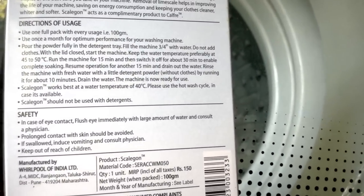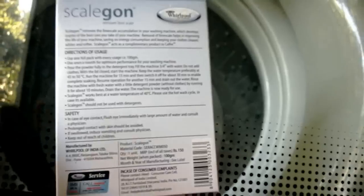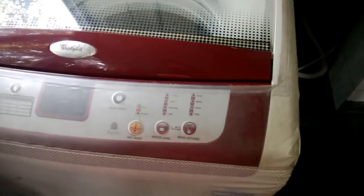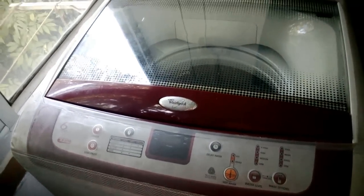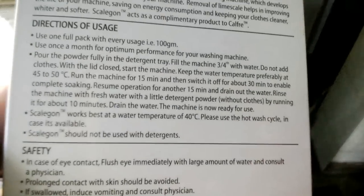Someone is talking in the background, never mind that. Oh, somebody is talking from there. I am cleaning this, I have to clean the machine. Oh, okay. Yes, someone has come to know that I am making a video. You see, I can't control the spectators. They're all around me, because I'm so famous. Nevertheless, okay, so as per the instructions,